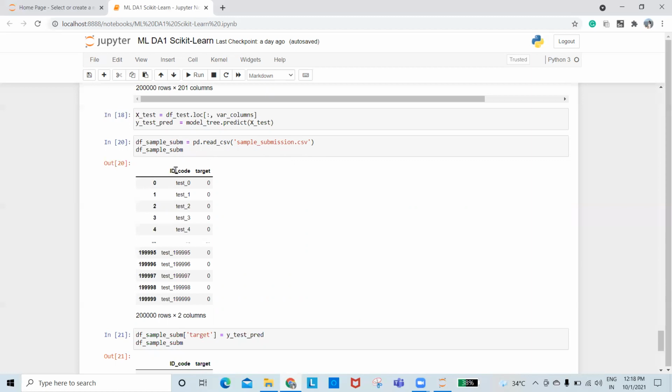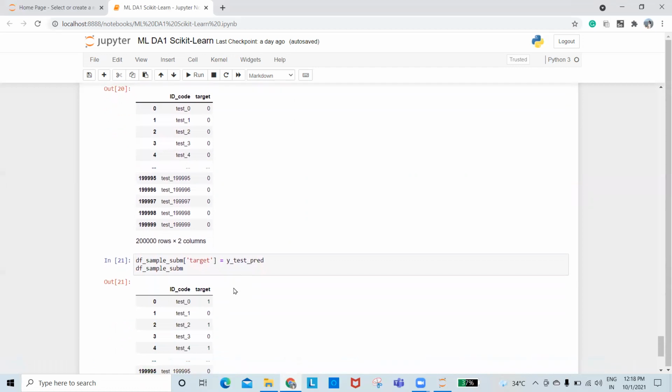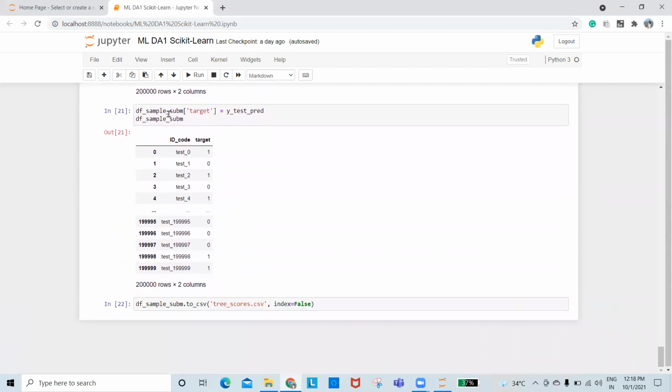We only see 2 columns, which are ID_code and target. Target is our dependent variable, which is the required output. We are getting ones and zeros, and only the ID_code and target.